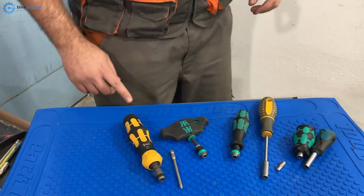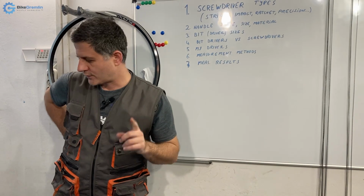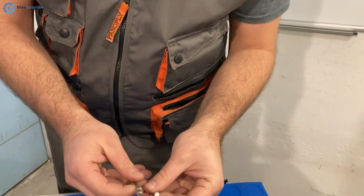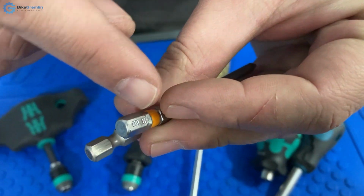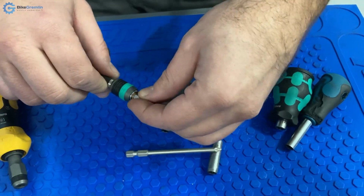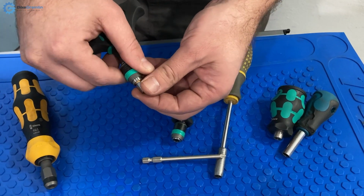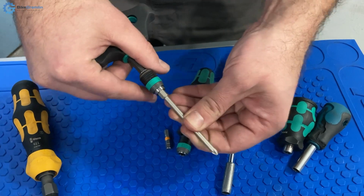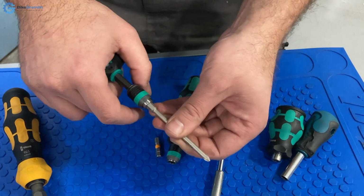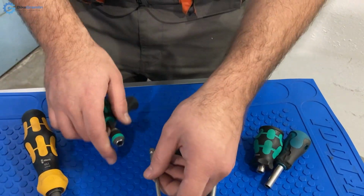So I think I've covered most of the stuff, and I will just briefly discuss another thing about bits, which I almost forgot. It's explained in my article, but they have different attachment mechanisms. This one has a groove, and this one has these small slots. Sometimes they are completely smooth, but usually they have something like this, and that's used to lock them in place. And these ones that have small slots are generally easier to hold in place without moving a fraction of a millimeter, while these are a bit more difficult to keep in place because this is smooth and you need a bolt to press hard on it and some preload, and it's not something that you would generally expect from most bit holders. So this is very good based on my experience compared to, we'll get to that a bit later,